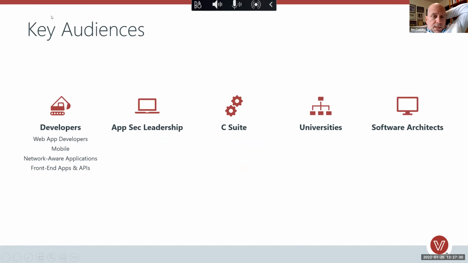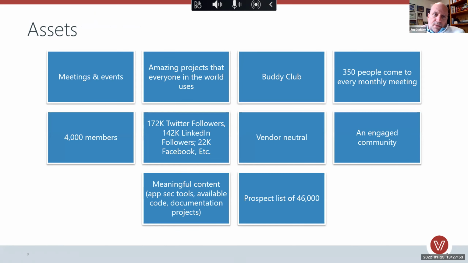We talked about audiences, and this is reinforced in some of the market research, the survey we did, but clearly at the top was developers who fell into different categories, AppSec leadership, which includes the C-suite and CISOs and so forth, universities, and then software architects. And that's basically in a hierarchy based on what we heard. I won't go through each of these, especially because it was in the materials that you already received,